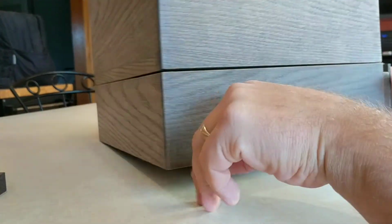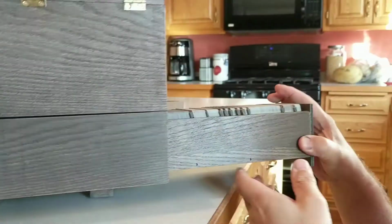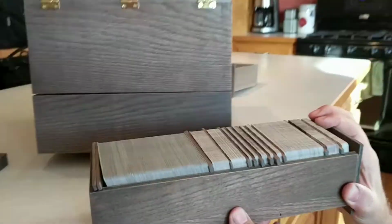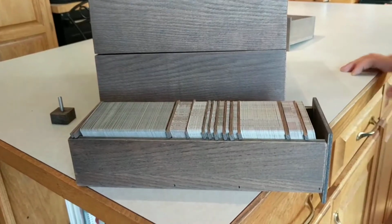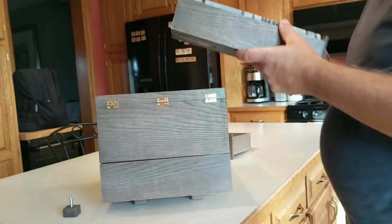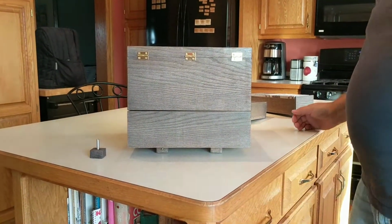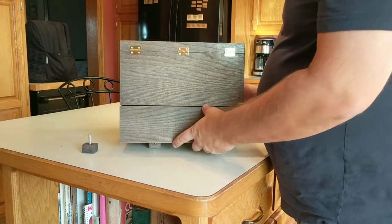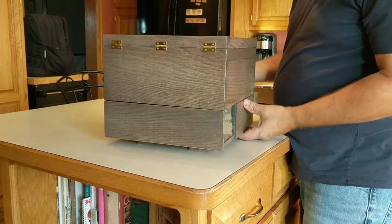So the X symbol is completely faced away from us. And now the drawer comes out, and these are all the cards for the game. Somewhere on the order of 600 or so. We still have not gotten into the top,